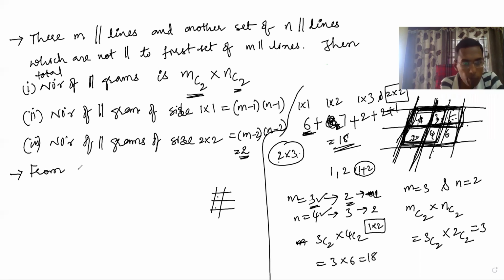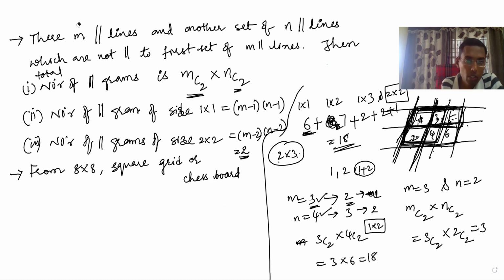Next, from an 8 by 8 square grid, or this one you can call a chessboard. Okay, this is 8 by 8. I'm taking 8 by 8 only. Let's take first 8 by 8. From an 8 by 8 square grid or chessboard,